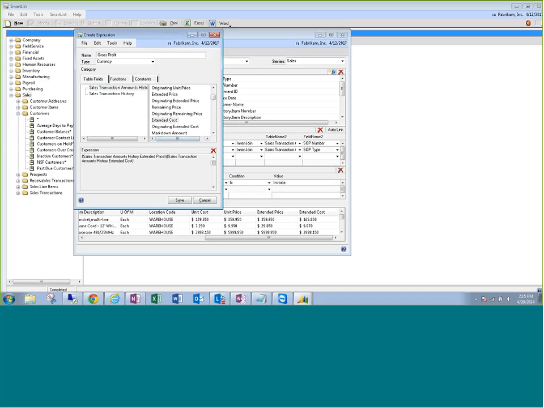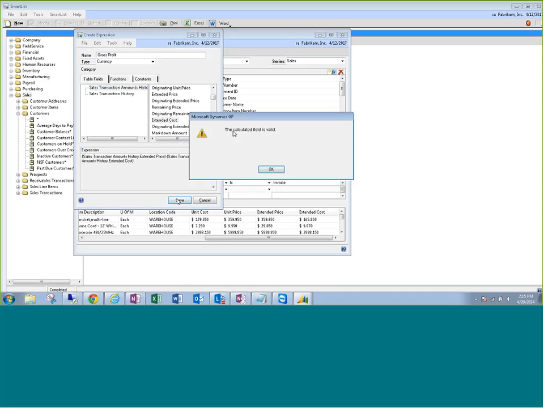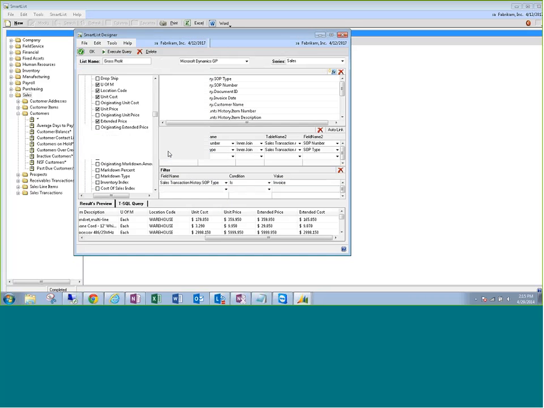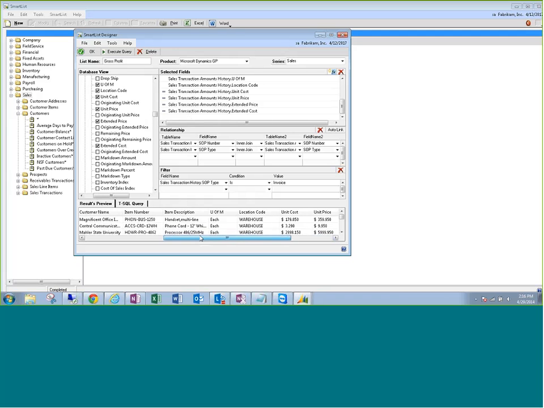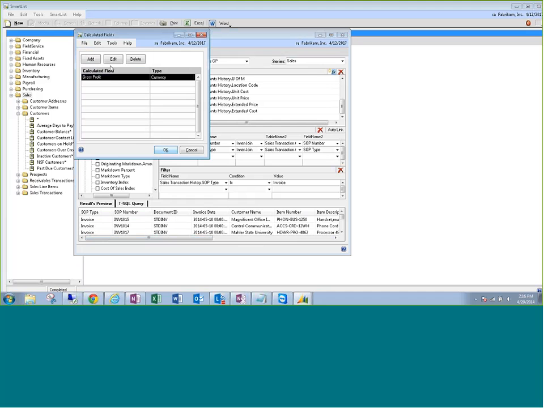And now we've got this in here. One thing I have noticed, and I'm not sure if this is a bug, I hate to say it, but I think it might be, is that you'll notice that the gross profit field is not here in my list of selected fields, nor is it down here at the bottom. So what I found that I can do, a couple of different things. I found that if I come back into the field and just save it again, sometimes that would move it in, but ultimately, if you